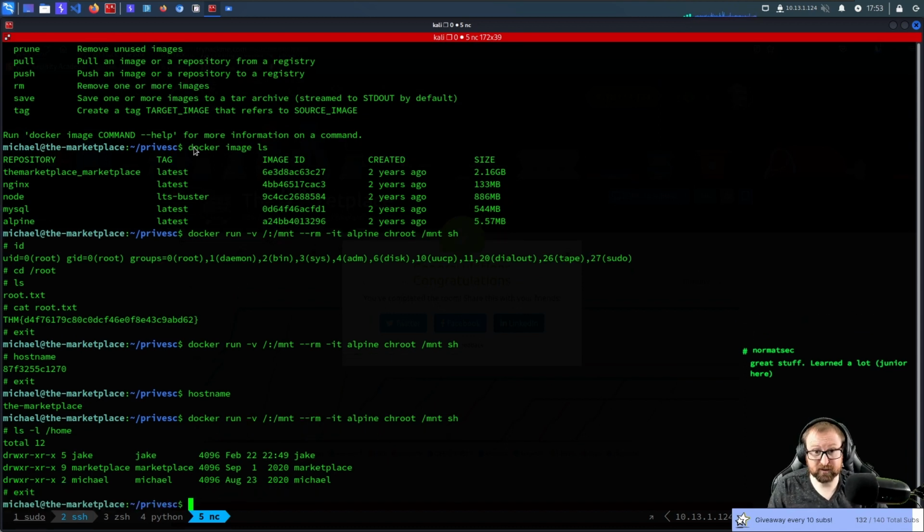Well, when we did docker image ls, it listed a bunch of Docker images. None of these really matter apart from this one. Alpine is like a tiny version of Linux. It's a little tiny Docker container for Linux. And so let's go over what we did here. Docker run will run an image.